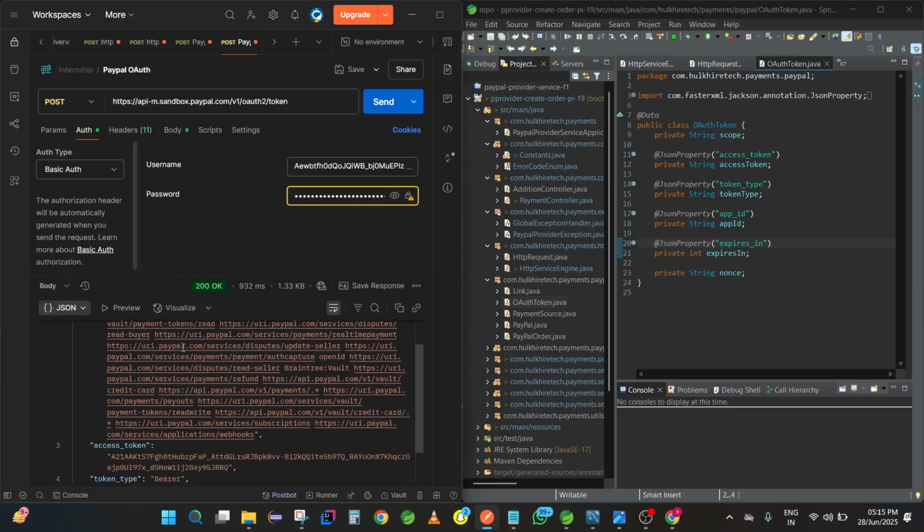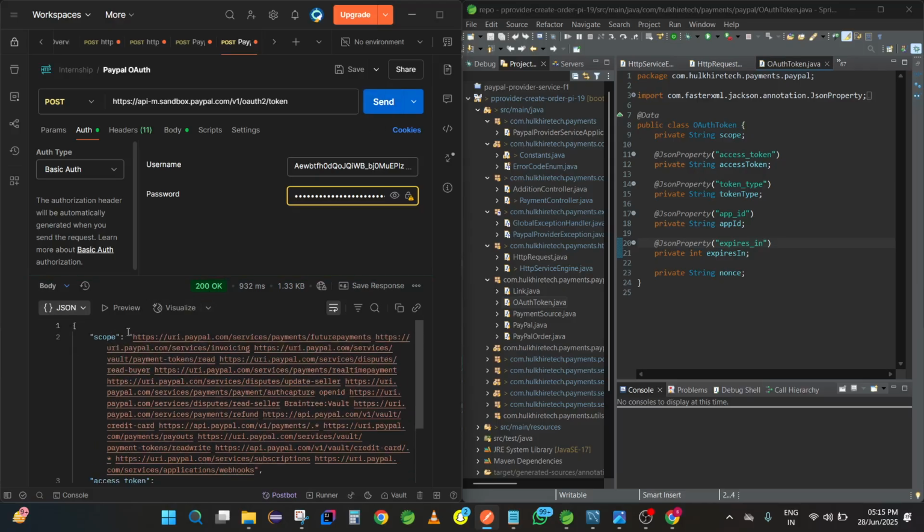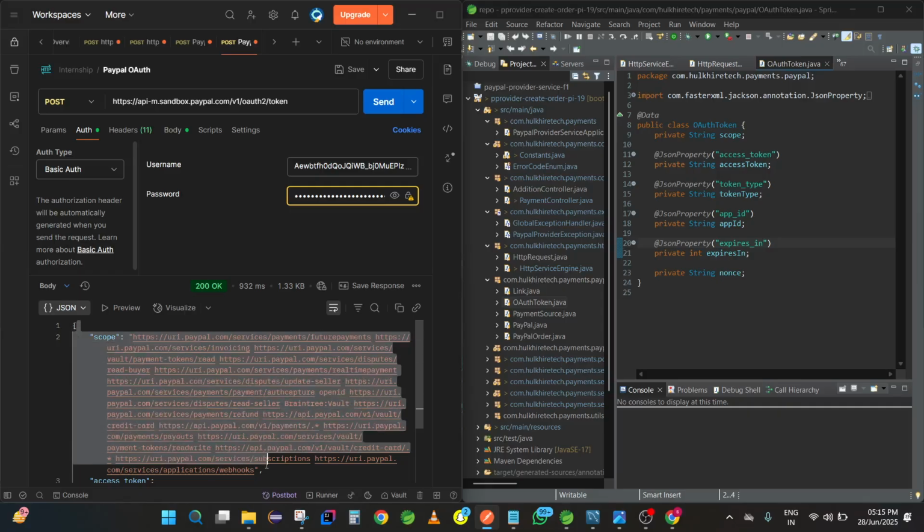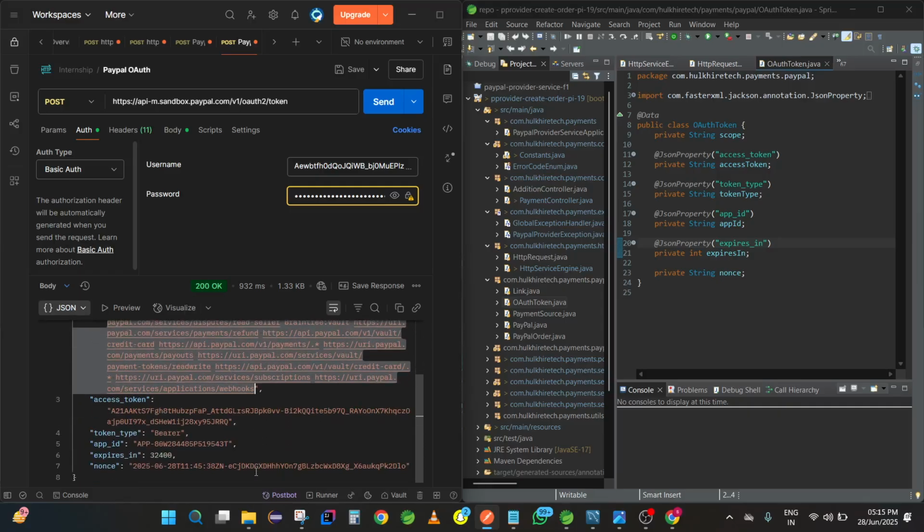We are getting the scope where this access token is valid, and here we are getting this access token. It is also showing the token type Bearer and the app ID. As I told you, after registration we get the app ID, client ID and client secret. The app ID expires in 32,400